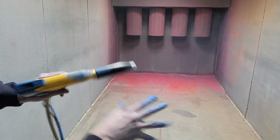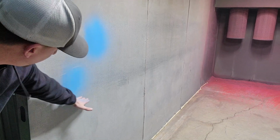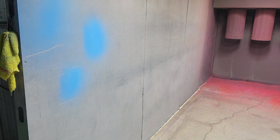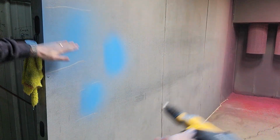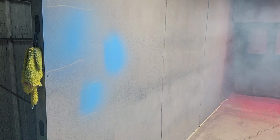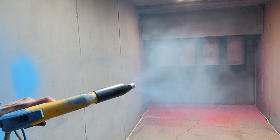You can see it's sticking to me because I'm not spraying it either. So you have a very narrow pattern because I'm close. If I get far away, you can see how much wider that pattern is. So that's a lot bigger because I was farther away, smaller. So this is a good amount of powder for us. If you think it's too much, you just need to turn it down a little bit. So not very much powder, a nice light cloud